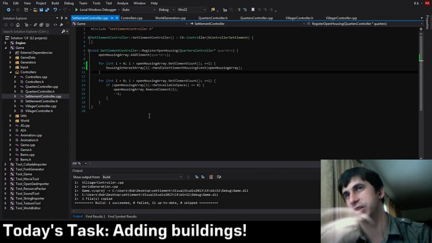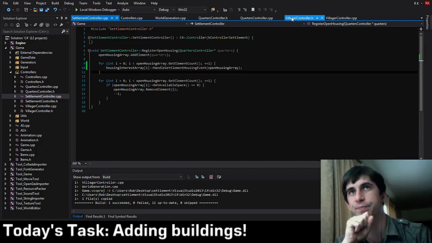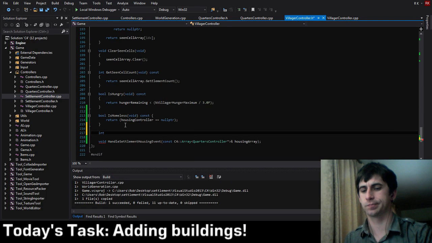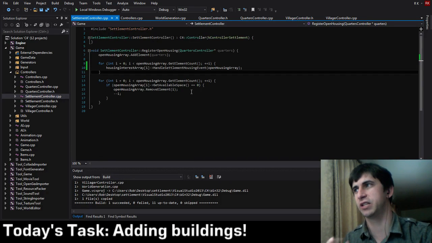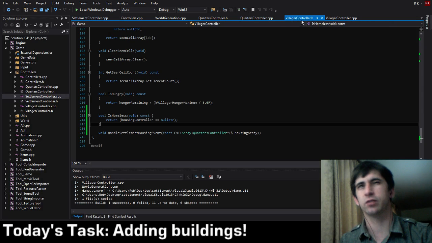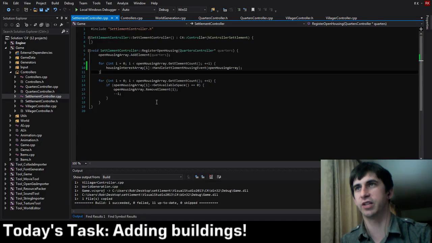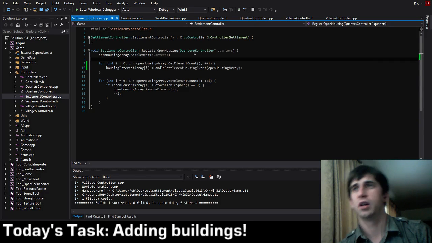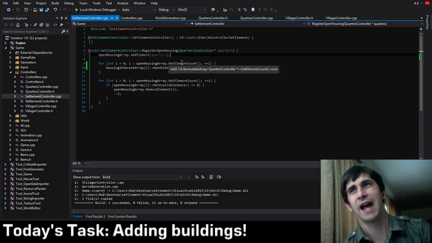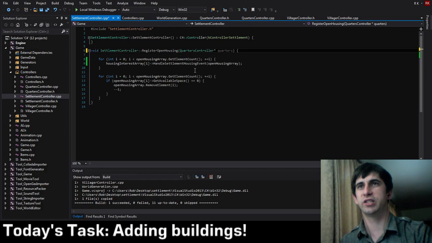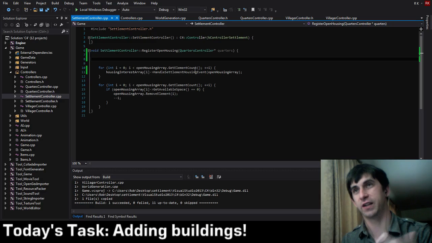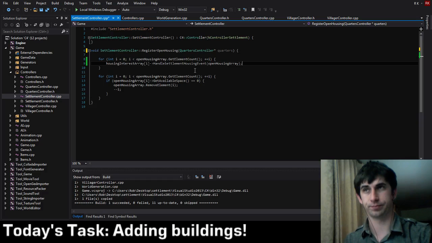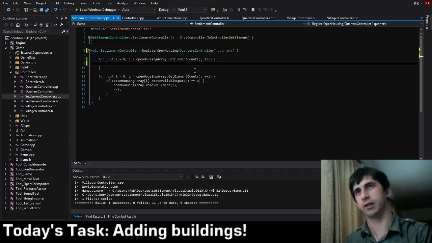So settlement controller says, I've got a new house. The villager then says, A, I'm homeless, and B, for now I'm not actually going to put the family size stuff in, but we'll deal with that later. Let's see here, the settlement controller. So you're going to go and say, I've got this new piece of housing. So let's, before we even add it to the open housing array, instead, what we're going to do is see if we can find somebody in the list that exists who wants this housing. So we're going to say,